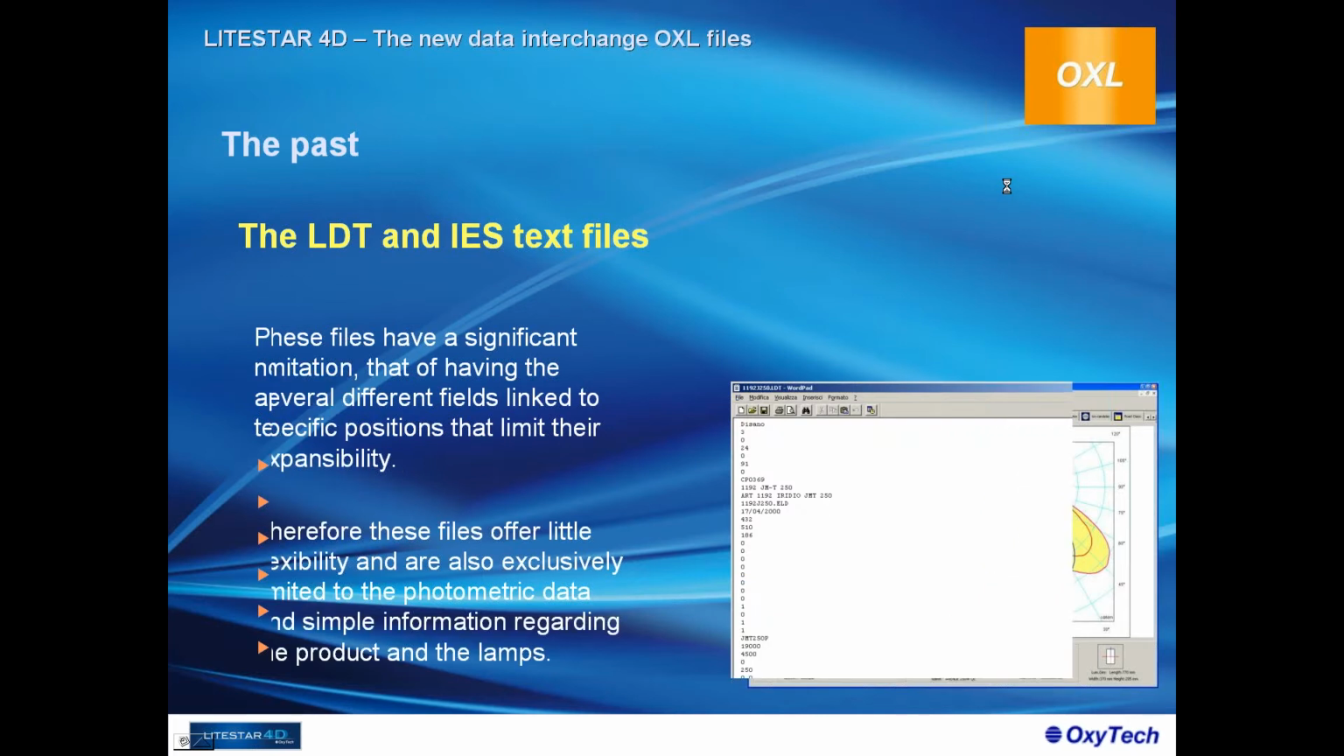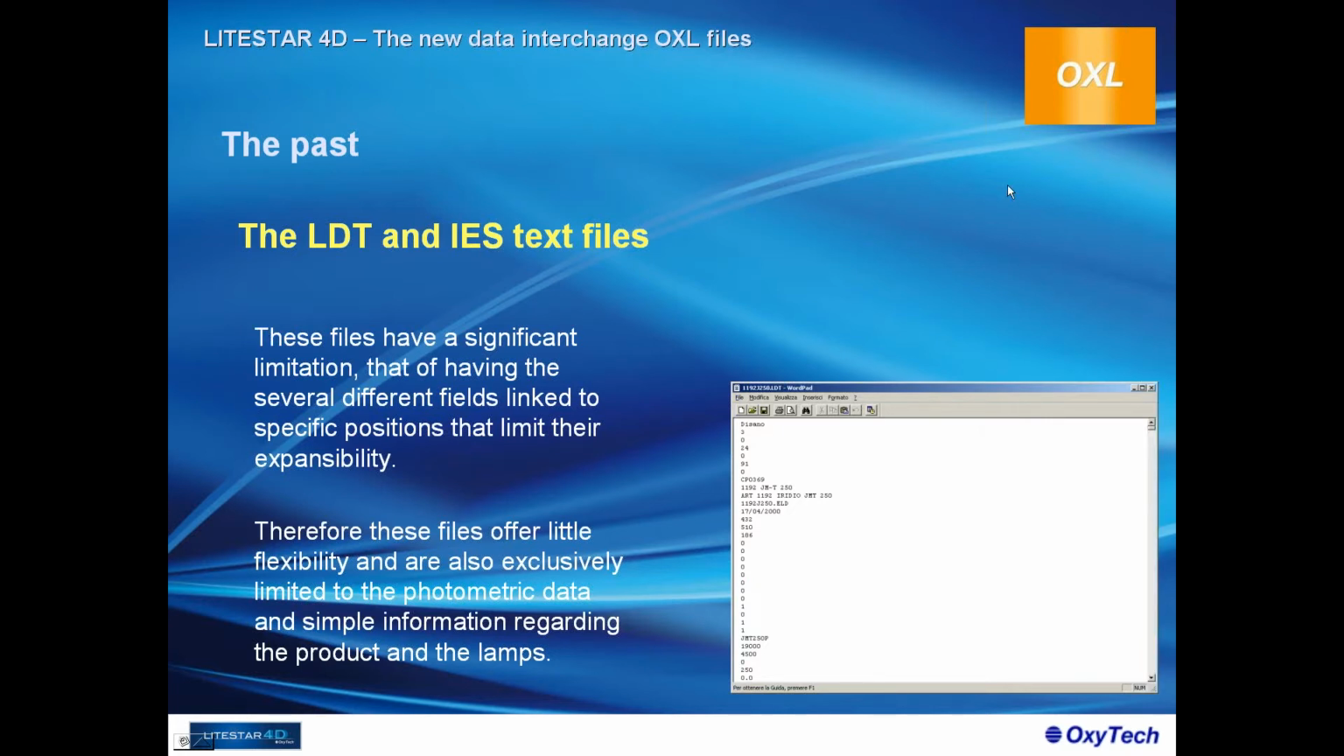These files have a significant limitation, that of having several different fields linked to specific positions that limit their expansibility. Therefore, these files offer little flexibility and are also exclusively limited to the photometric data and simple information regarding the product and the lamps. You have here an example of a text file, a ULUM file, where you can see